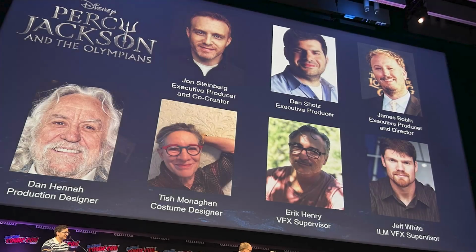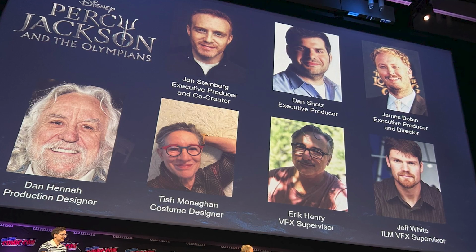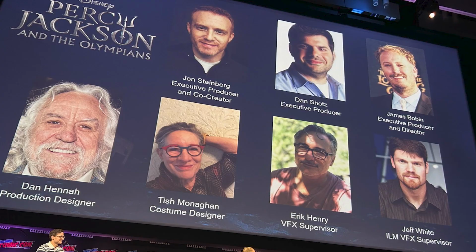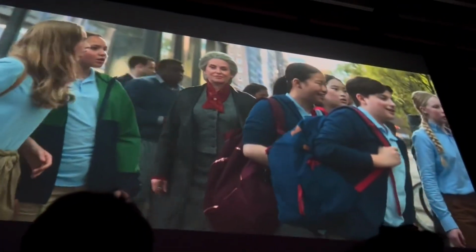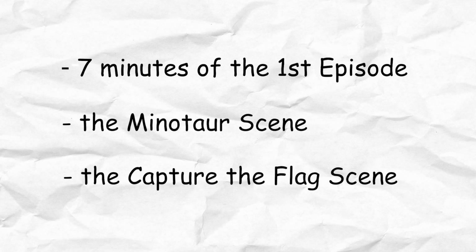To begin, the panel started off with some key members of the crew for the show. This included the executive producers, showrunners, directors, costume designers, and the VFX supervisors. They started off by showing an exclusive scene to the in-person audience. They show a total of 3 exclusive scenes throughout the entire panel. These scenes include the first 7 minutes of the show, the Minotaur scene, and the Capture the Flag scene. I of course can't show them here as they are copyrighted, but I will describe what these scenes contained later